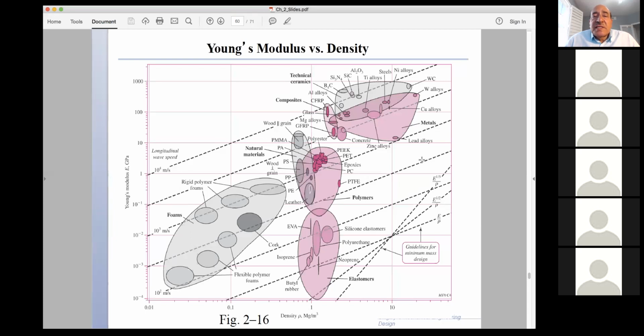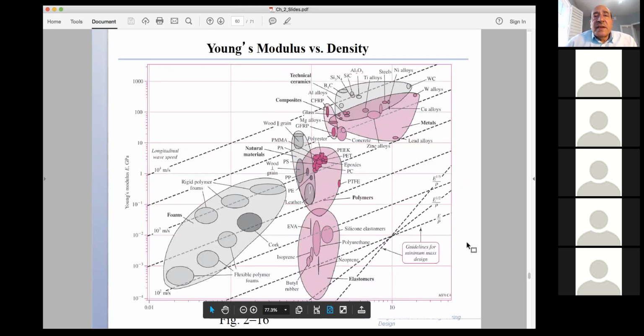But the general field of material selection can cover many other things, as we'll see in 296B. We will get into thermal properties when we go to high temperatures. Here, the method for material selection is based on Ashby charts, and an Ashby chart is a plot of the property that you are interested in, for example the elastic modulus. Young's modulus determines the stiffness. So you plot the elastic modulus versus the density.